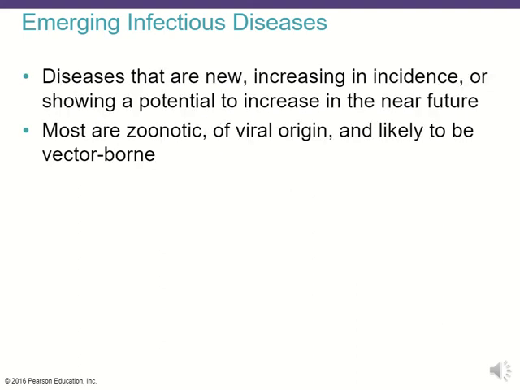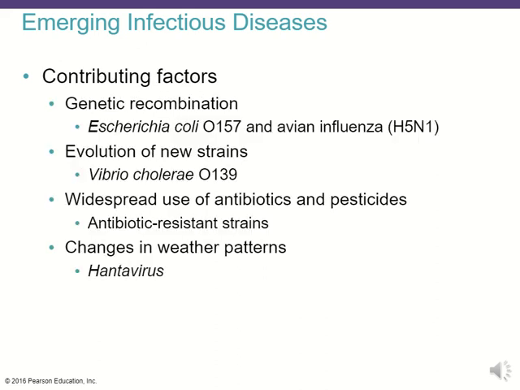For emerging infectious diseases, these diseases are new, increasing in incidence, or showing a potential to increase in the near future. Most are zoonotic, originating from some animal before coming to a human. They are typically of viral origin and are likely to be vector-borne, coming from some outside source into a person. There are contributing factors, such as genetic recombination,